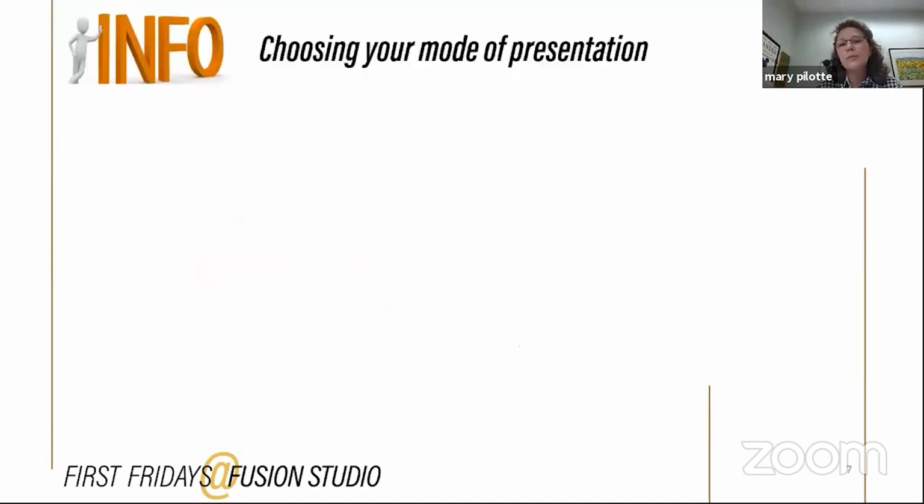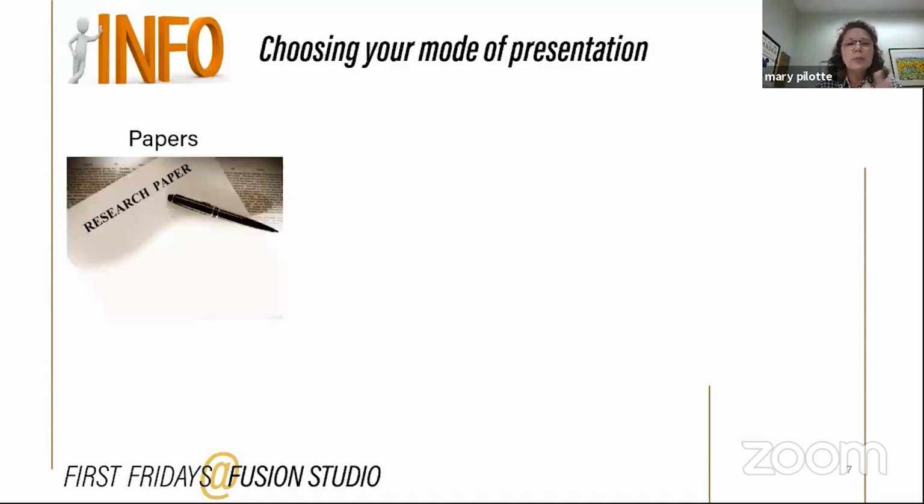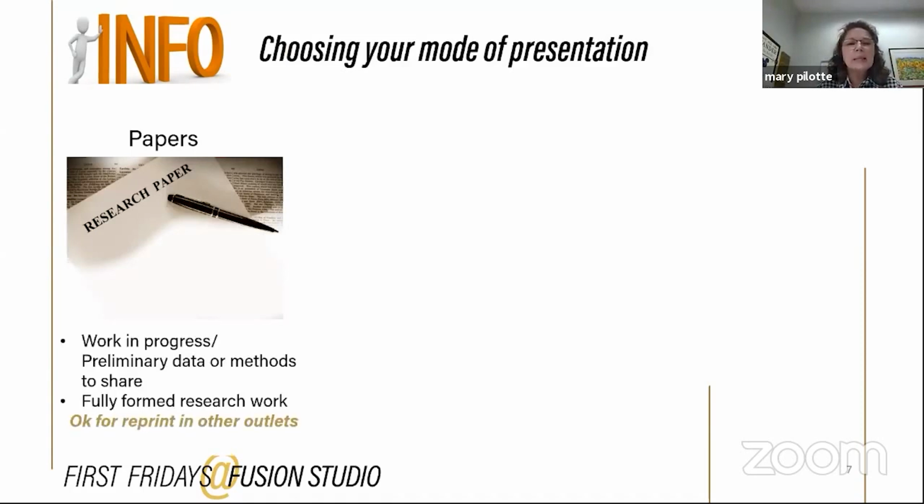So in what sort of presentation choice. And so Rich mentioned we have 3 different options: papers, panels, and posters. And to begin with papers, papers can include anything from a work in process or work in progress to a full work, scholarly work that you have. And as I mentioned a moment ago, if you present in our symposium, if you submit an abstract and work in our symposium, you're still allowed to submit that into other works.